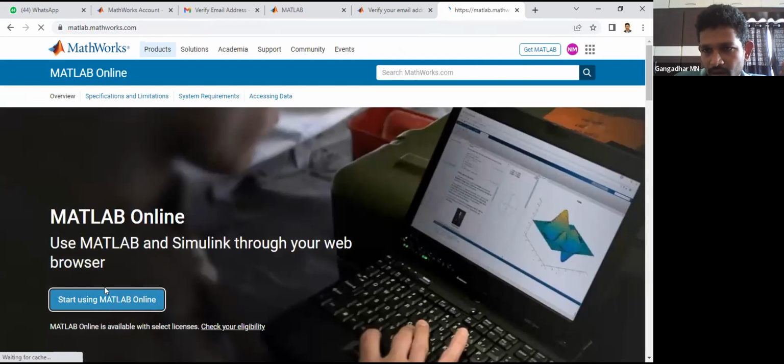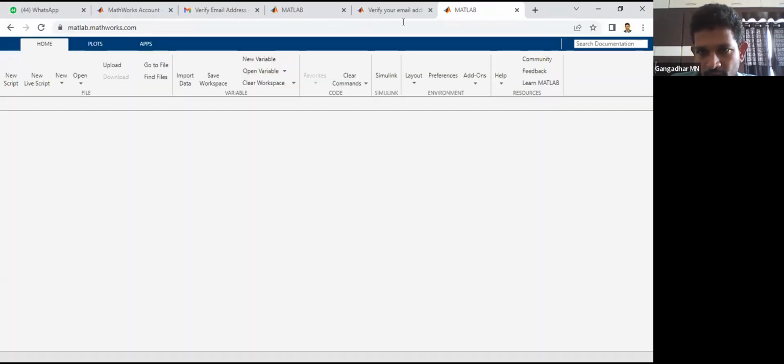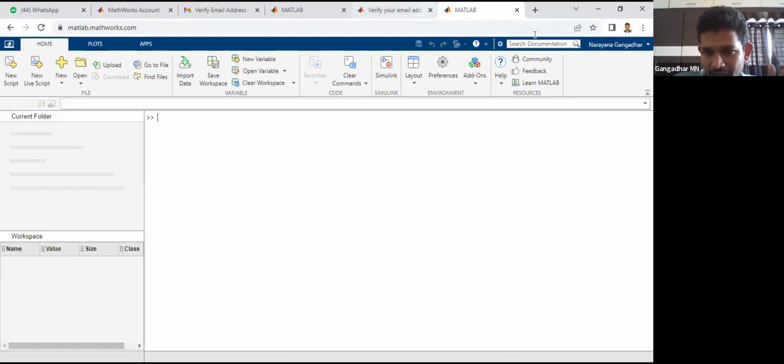Here I have already logged in. Otherwise, it will ask you for logging in. Okay. I'm disconnecting my previous session. Thanks, Jay. So Jay has put all the steps such that you can do it straight away. Okay, so it will ask, you can straight away create an account, it will ask for email ID, and you put your GITAM email ID,